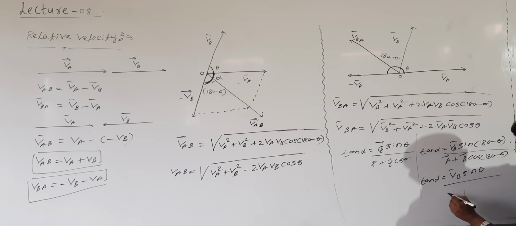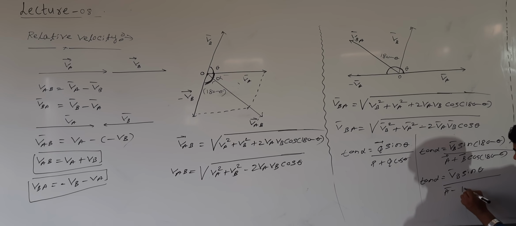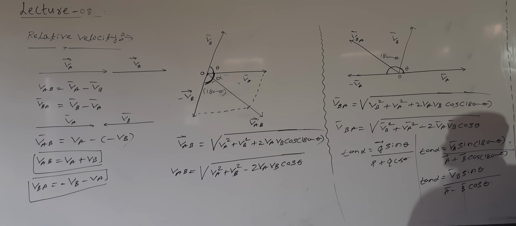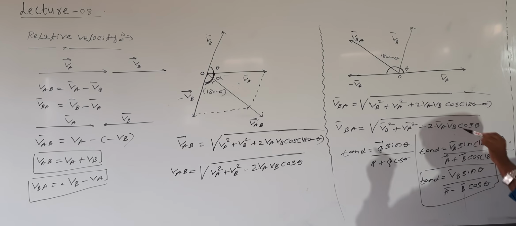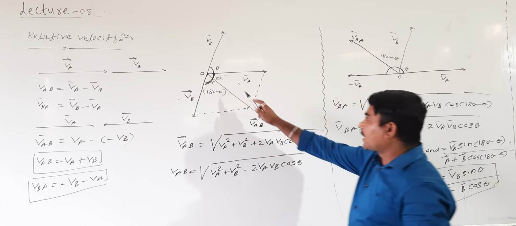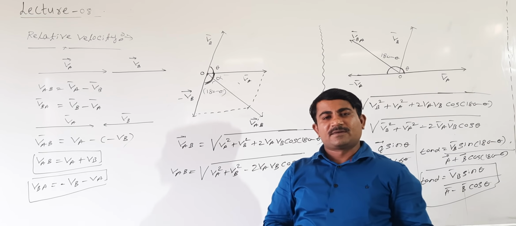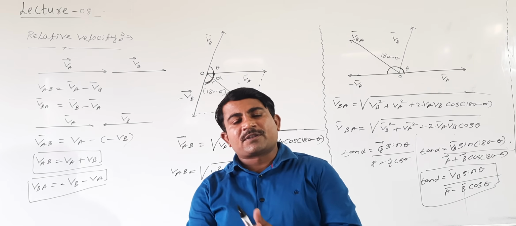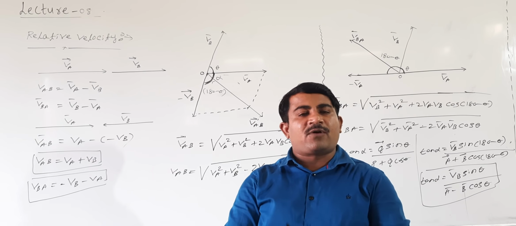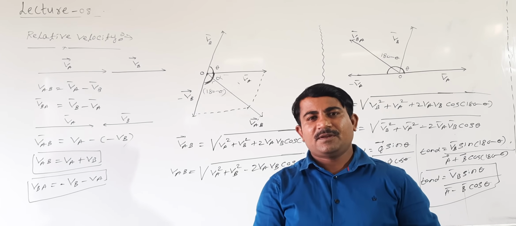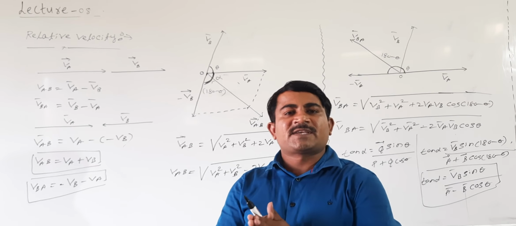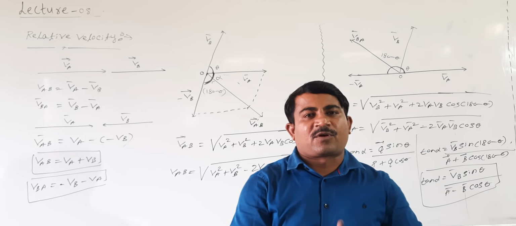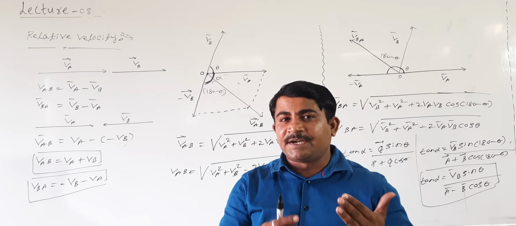Then how does it become directly? Shall I take vector A minus vector B cos theta, right? This is how to calculate tan alpha in the case of relative velocity. See here how to calculate this alpha, right students? Then for the relative velocity concept we have special cases. Actually we have two special cases. One is rainfall and the second one is the river crossing problem. Both we will see in detail here.